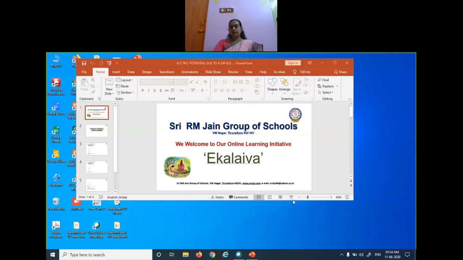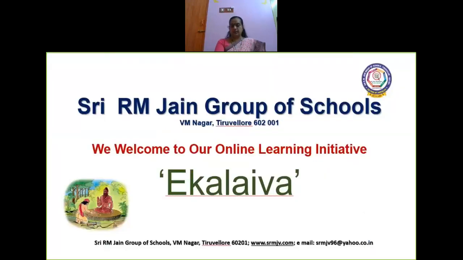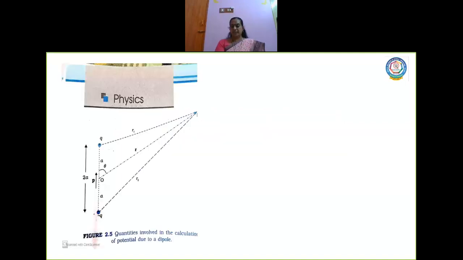Today we are going to learn about electric potential due to an electric dipole. Yesterday's topic was based on electric potential due to a point charge. Now we arrived at an equation for electric potential due to a point charge as V is equal to Q by epsilon naught R. This is the equation we arrived at yesterday, and we were also discussing the